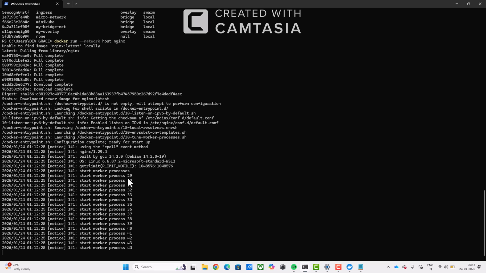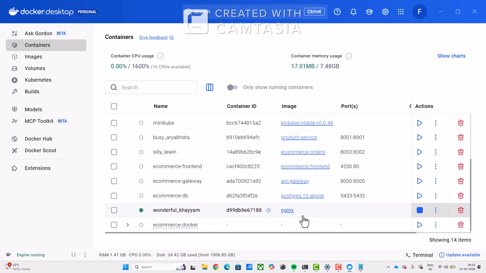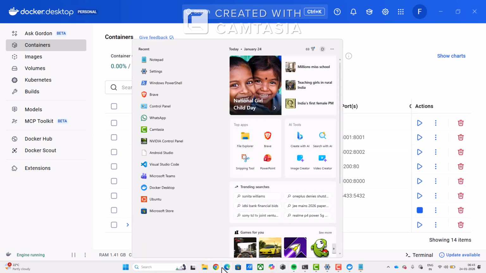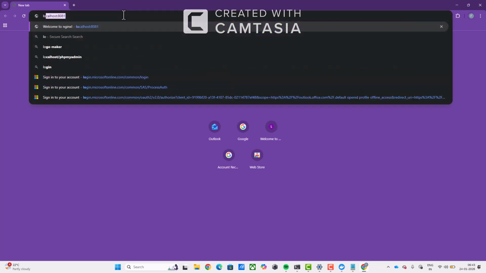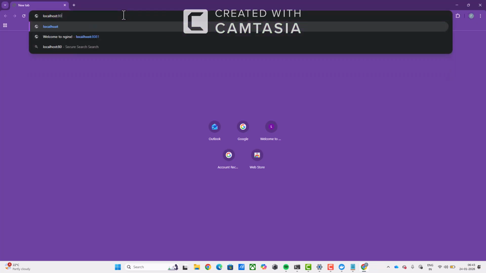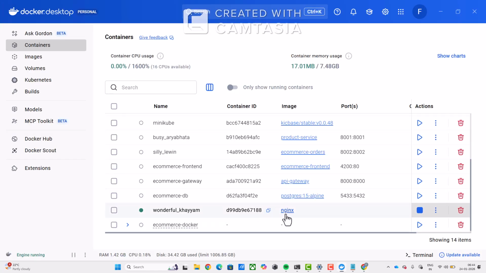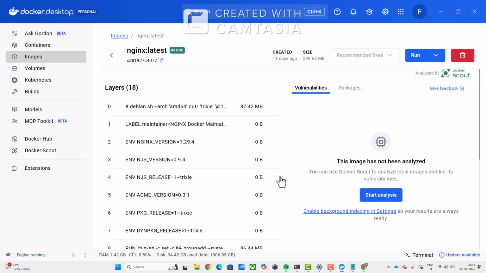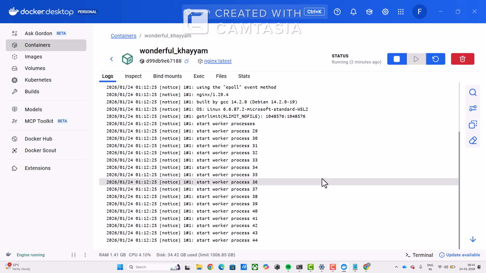Okay, so now it's running, right? So we'll go to this one and you can see this is the nginx running. Okay. So I can refresh it. Localhost